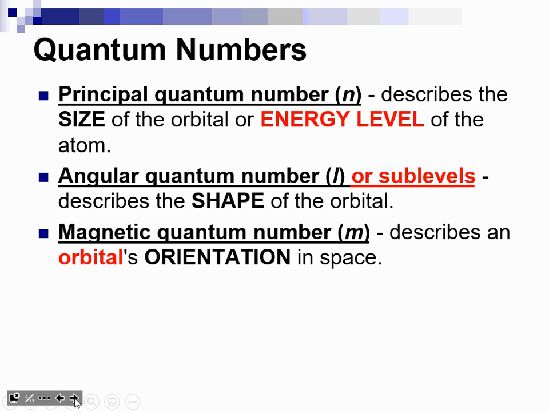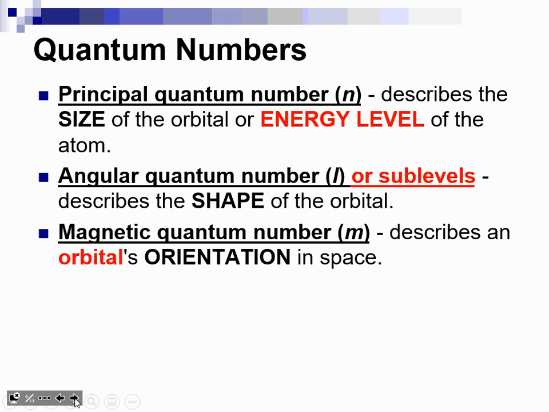Well, stop and think about this as a graph. We have an x-axis, we have a y-axis, there could be a z-axis if it were in 3-dimension. We're going to talk about the p orbitals in terms of those different orientations. Now, with the d and the f orbitals, I'll show you pictures of those a little bit. I'm not so concerned that you know those orientations, because they're pretty complex. But the p I don't think is too tough to go through, so we'll talk about the p orbitals and